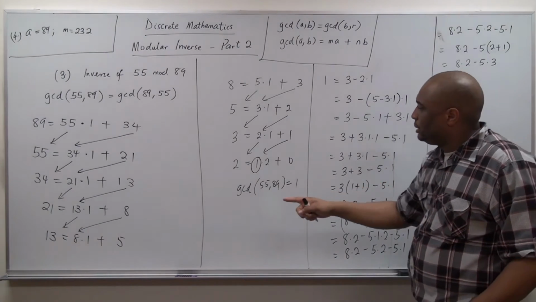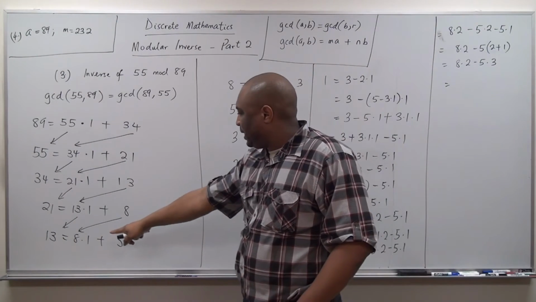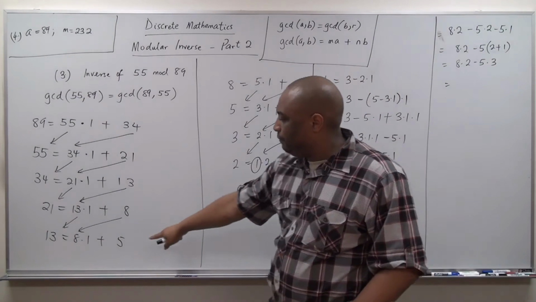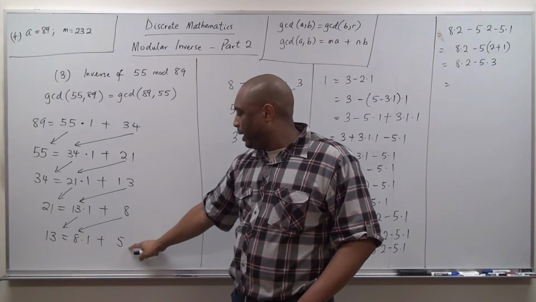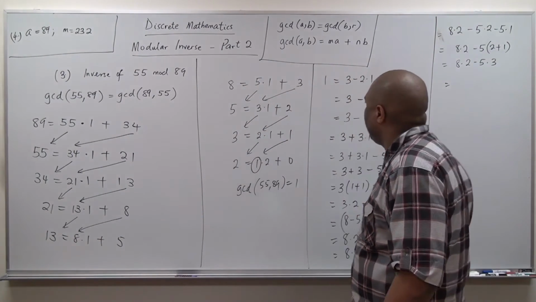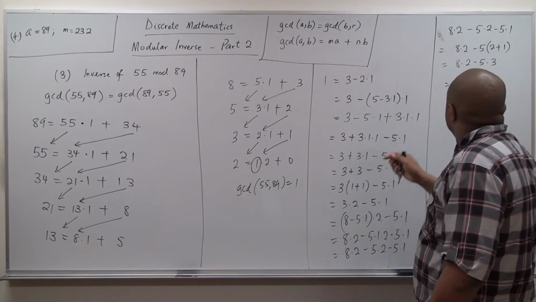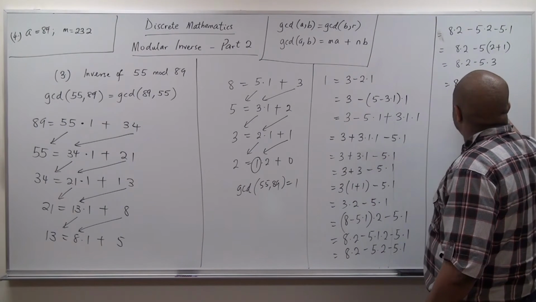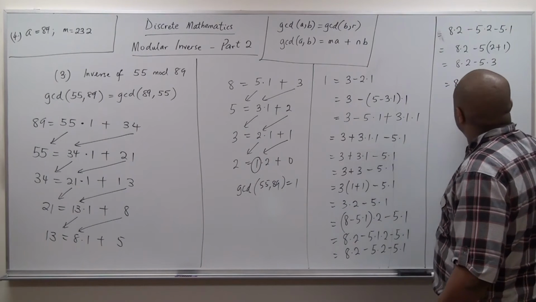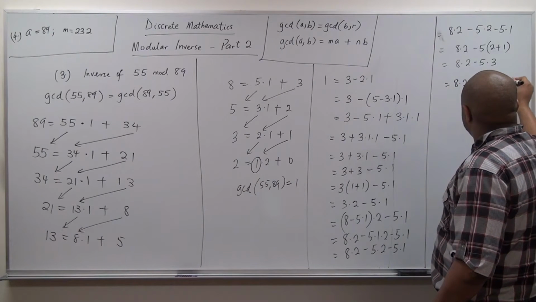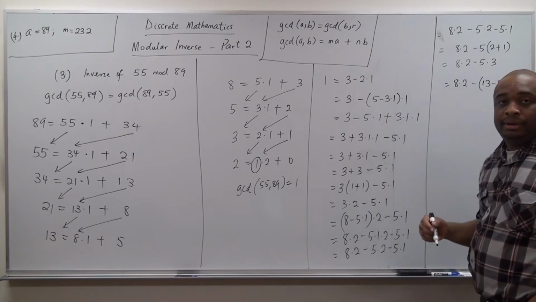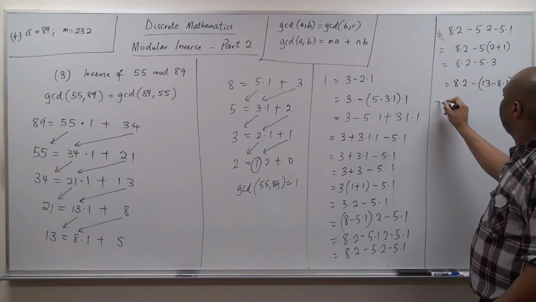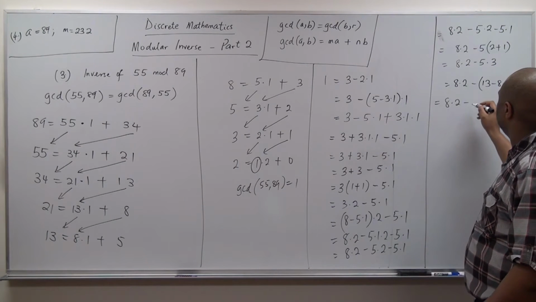So the next thing is 13 and 8. And the 5 we solve for it, right? The 5 that is the remainder. So this will be 8 times 2 minus parentheses 13 minus 8 times 1 times 3, right? Which is now 8 times 2 minus